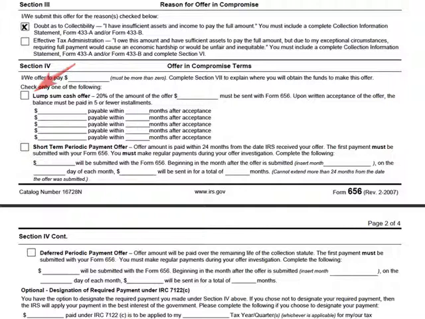So in Section 4, I'm going to write down my lump sum offer figure right at the top of Section 4. And I'm going to check lump sum cash offer. Yes, you are. And the 20% of the amount is calculated for me in the toolbox here. And enter that. Now how long do I have to make this payment?